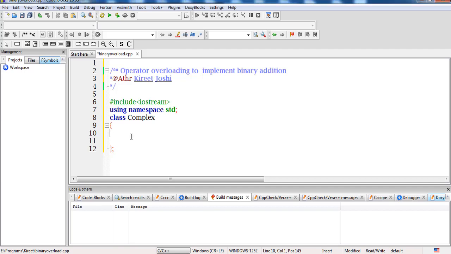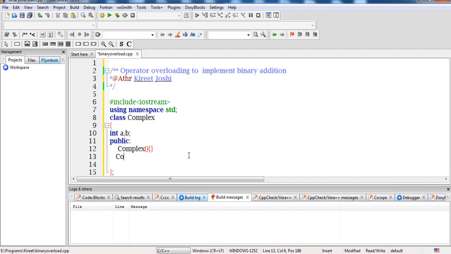I will create some variables of type integer in the private section, that is the instance variables, and in the public part I will create a constructor of type complex. So a constructor of type complex has been created. Consider it as a default constructor, because we will be using some complex objects later on, so it has to be created so that there is no error in our program.